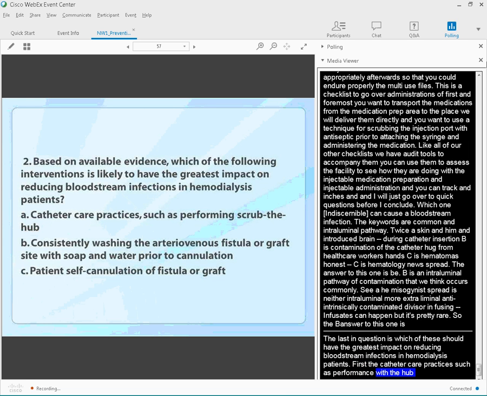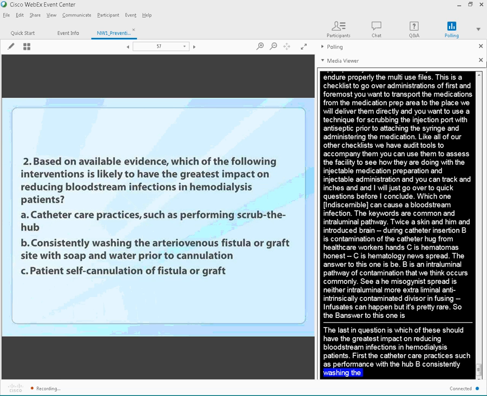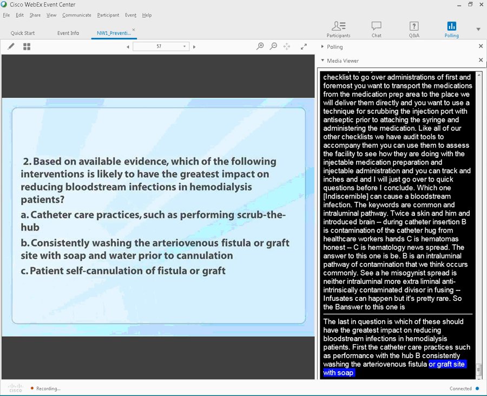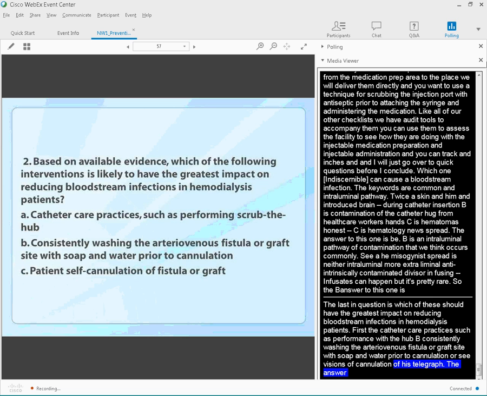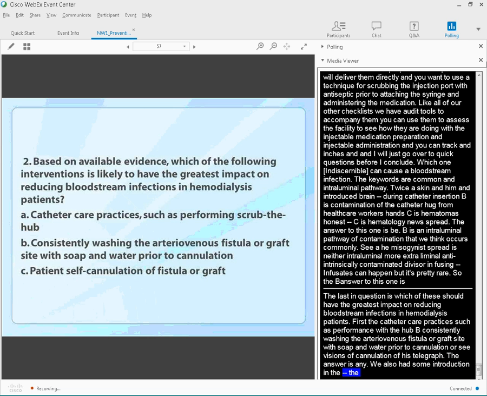So thus far, the best evidence we have suggests that you can make an impact on bloodstream infections by focusing on improving catheter care practices. While we also had some interventions in the collaborative focused on fistula and graft care, we did not see any difference or reduction in those rates, and it's probably because the rates are low to begin with in that group. So infection rates are low in fistula and graft patients, and so it's hard to make them go even lower.